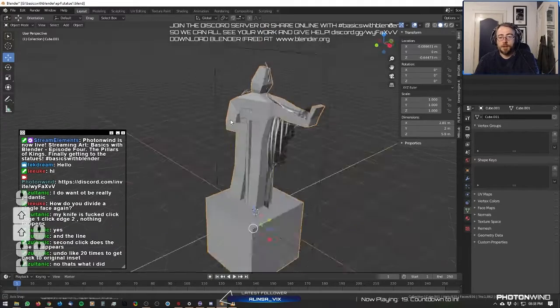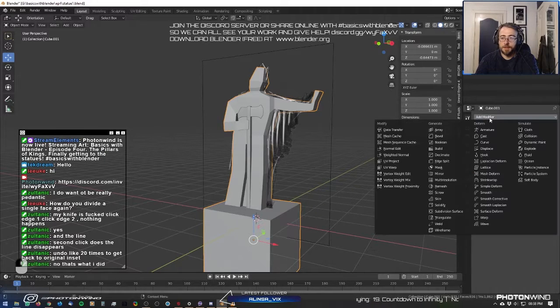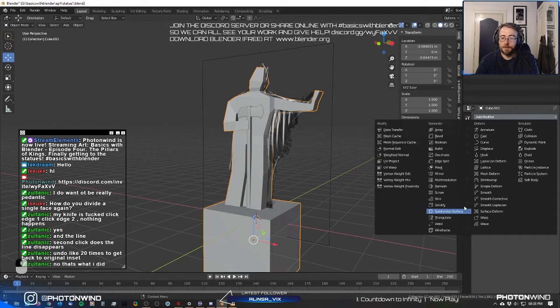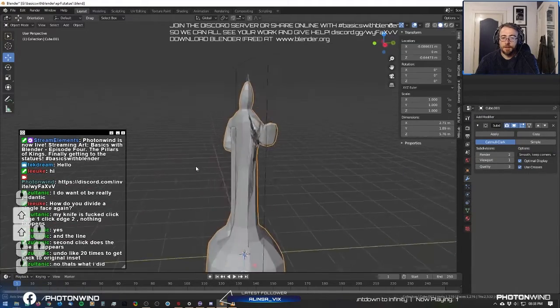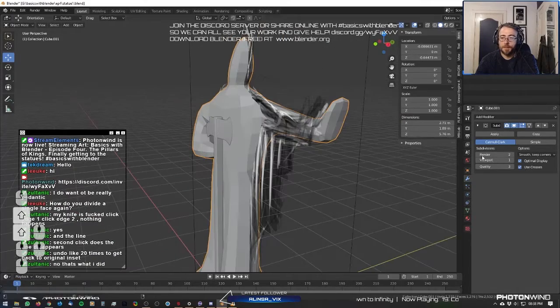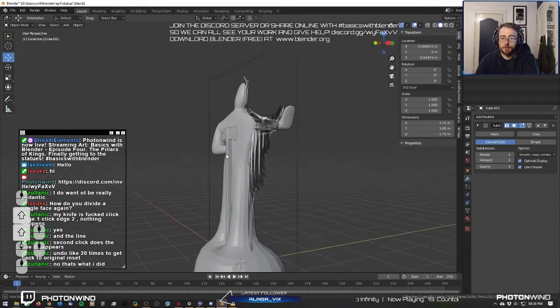And this would be a point where it would be interesting to see what it looks like if you turn on a subdivision surface. So if you want to just smooth it out, if we go into modifiers, so the modifier properties, add modifier, subdivision surface. This is that thing that smooths out the whole thing. So if I just turn that up to 2 in the viewport,